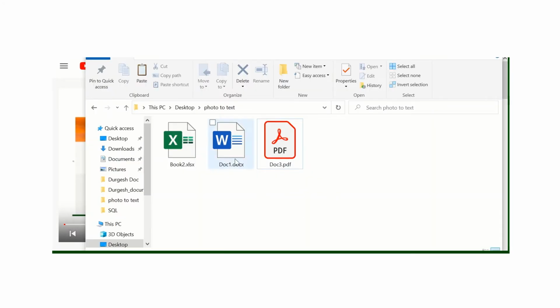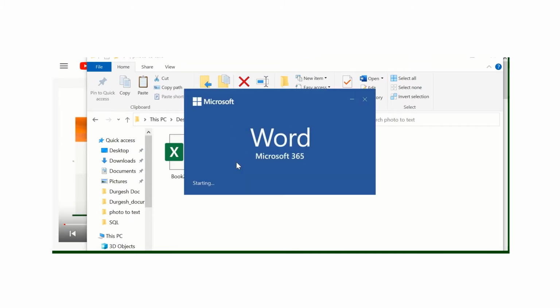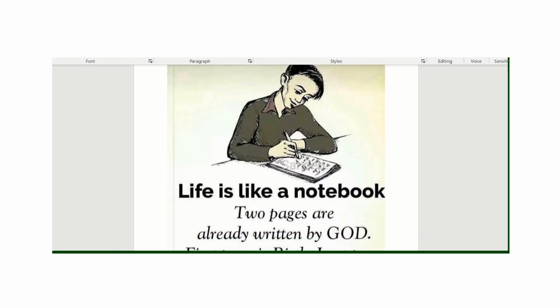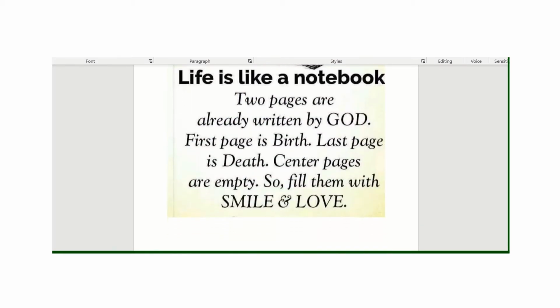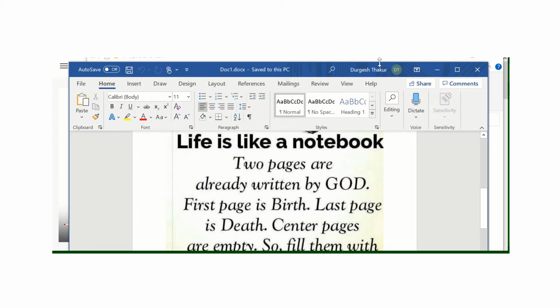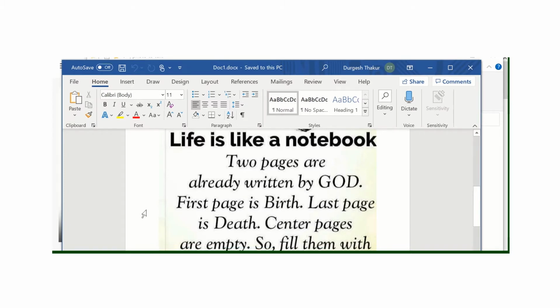So firstly, I'm going to protect the Microsoft Word documents. I have created one document here, doc1, which I need to protect because it has confidential data in it. So for that, how to protect your Word document, I will teach you a very simple method. Let's assume this is your Word document which you want to protect.